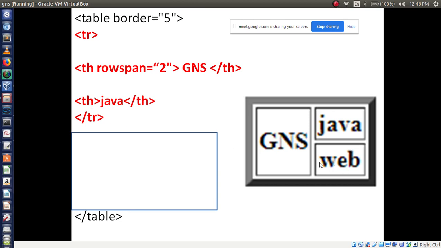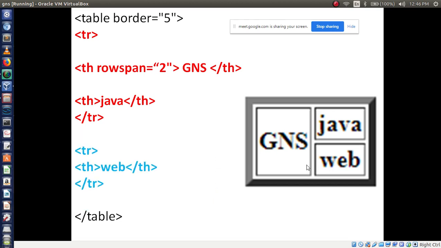Then in the second row I have to use tr, then th with Web. Here you can use th or td, the choice is yours. The only difference is, if you want to display in bold style, you have to use th, or we can use the td tag. So this is about row span. Let's see this.